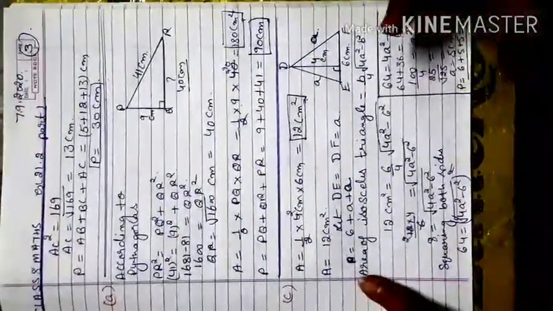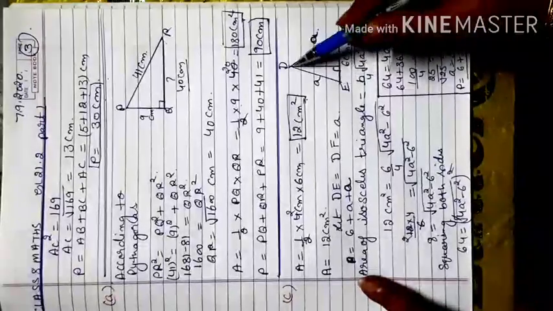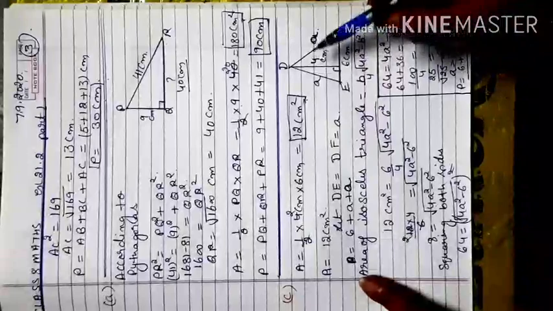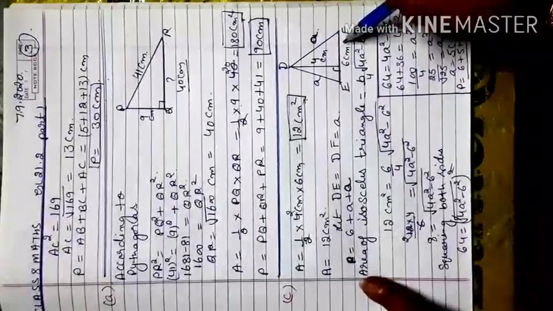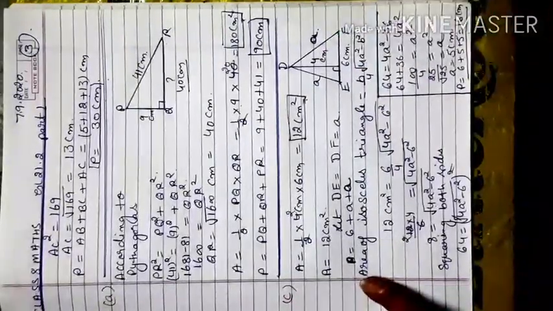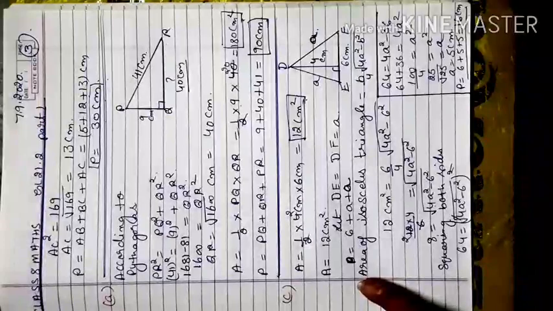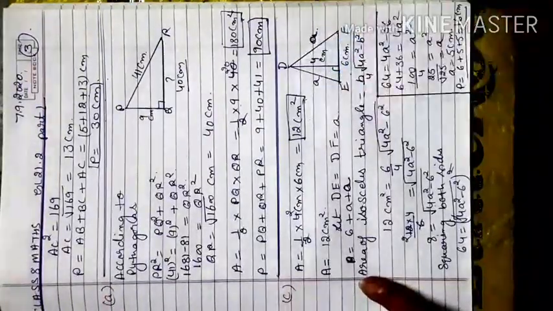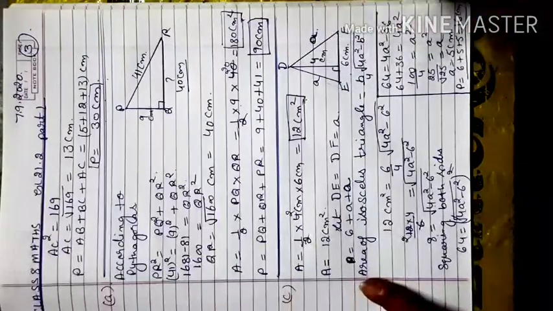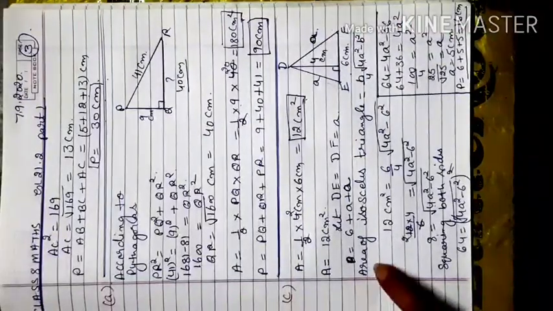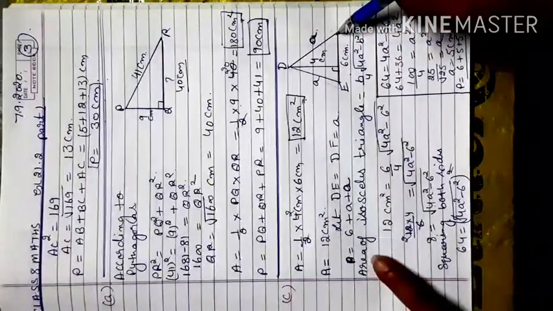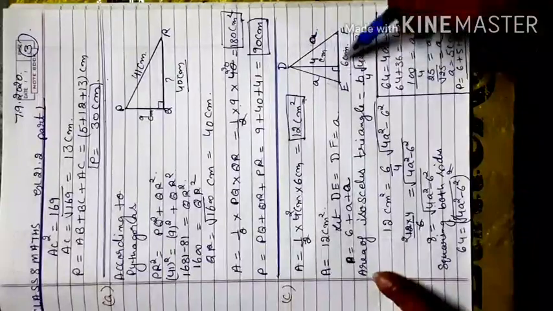Now my third triangle is this one. So DE and EF are equal, I consider that this is an isosceles triangle. Height and base are given to you. If height and base are given, I can go directly with the formula half into base into height. So that is half into 6 into 8. But I need this side also to find the perimeter, because I have to find the area and perimeter of this triangle.